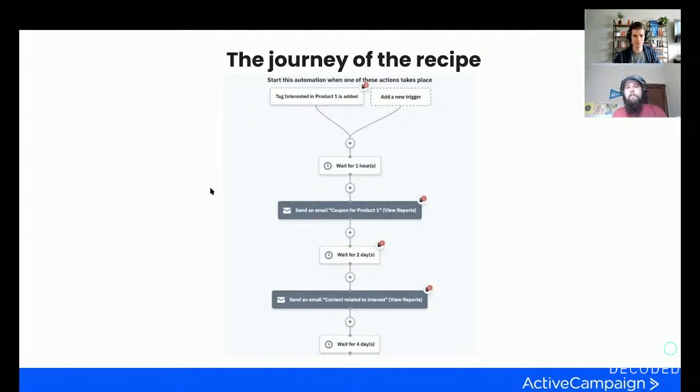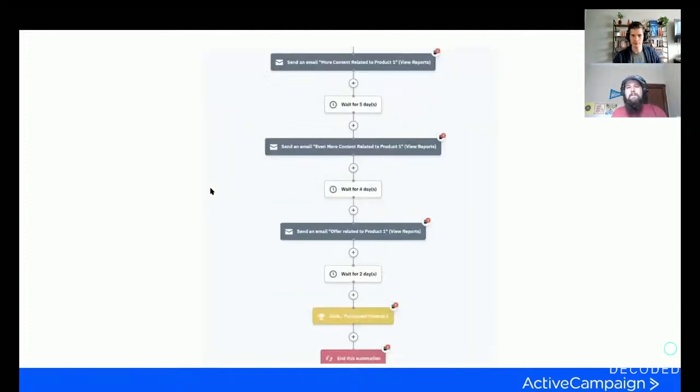All right. Oh, there we go. Perfect. As you see here, we get that 3rd email, another wait, 4, another wait, and then that 5th final email. You can build out more if you want. That's just an example number. Then we hold them at the last step for a couple of days, and there's that goal step. That purchase is made. Now, why do we have it there?